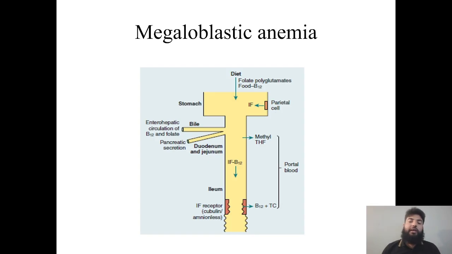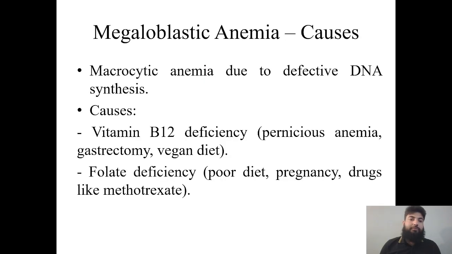part of the small intestine, and then folic acid. It's absorbed in the form of methyltetrahydrofolate in the duodenum and jejunum, and transported into the blood and ultimately into the bone marrow for cellular activity and nucleus formation. So megaloblastic anemia, there are multiple causes,